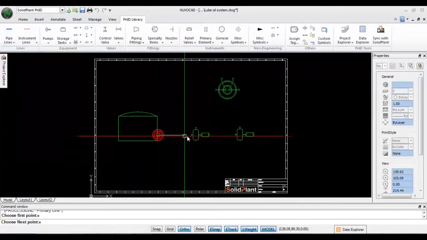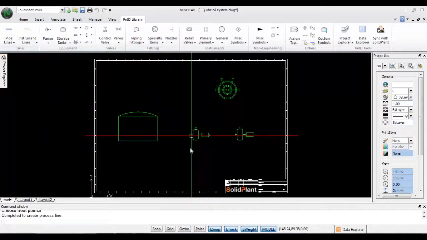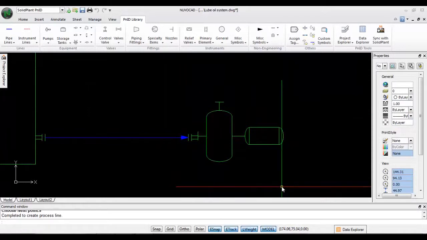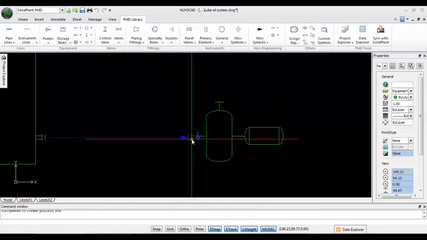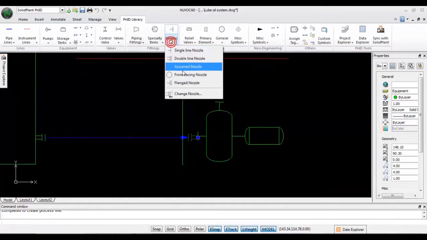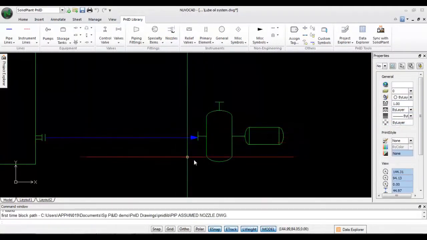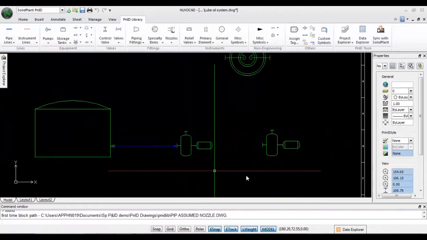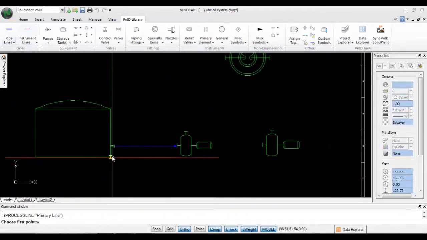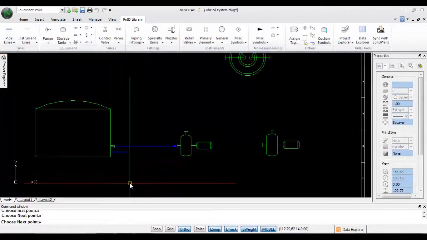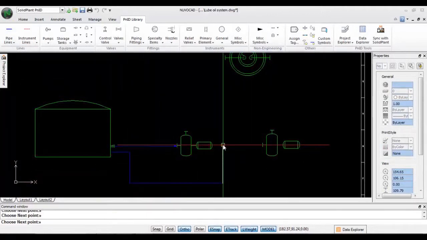This line will be joining to this pump. As you see, my pump template is already having a nozzle, so I don't want to show the other nozzle. So I click on the nozzle, go to my nozzle tab, change nozzle, change to point size, so you can hide the nozzle you want. Next, we go to the next pump. From here, I model to here,